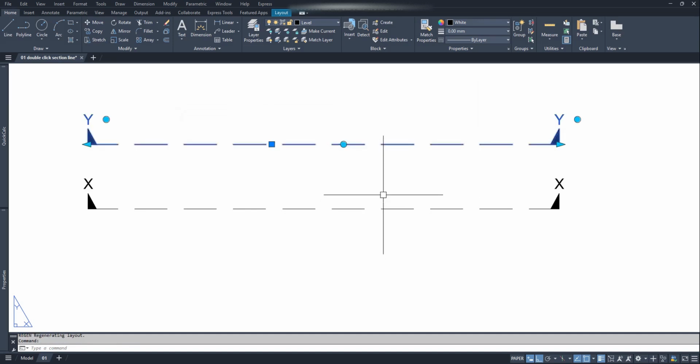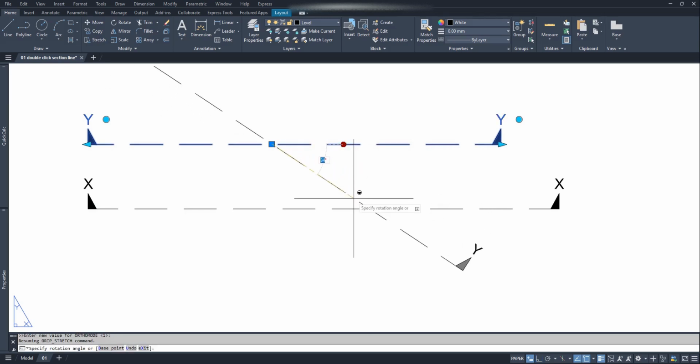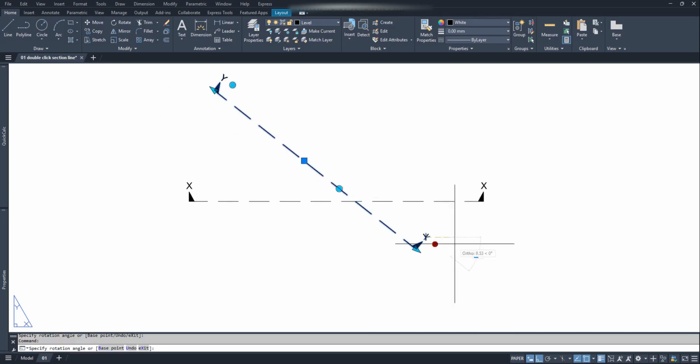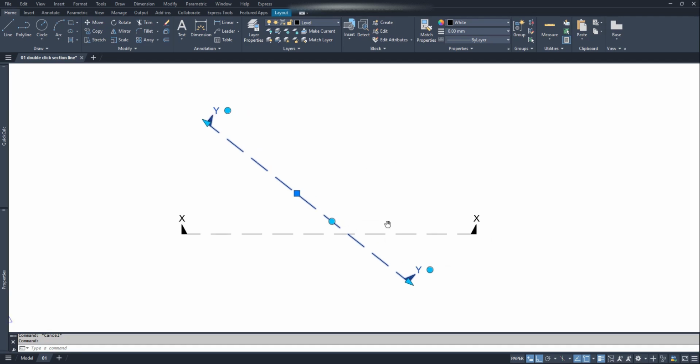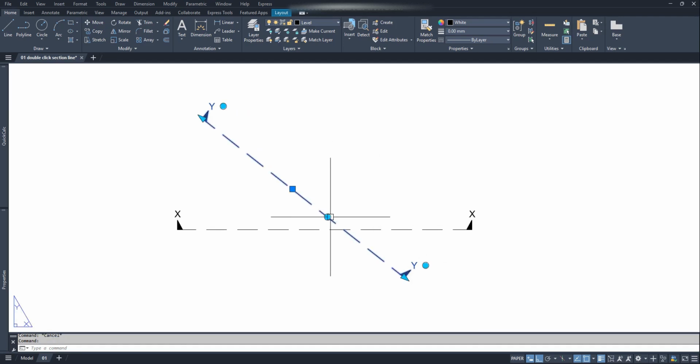Now we have a wonderful dynamic section line block which can be stretched, rotated at any angle, rotate its texts if we need it to be horizontal. Using this types of dynamic blocks can enhance your AutoCAD skills to much better level. If you don't like to create your own block, just download it from the link below,